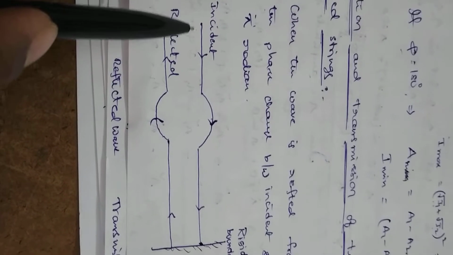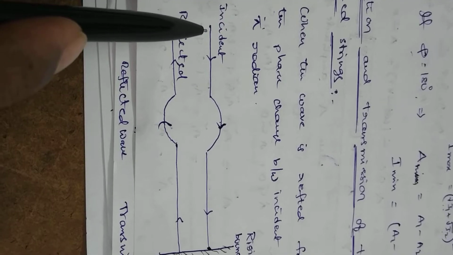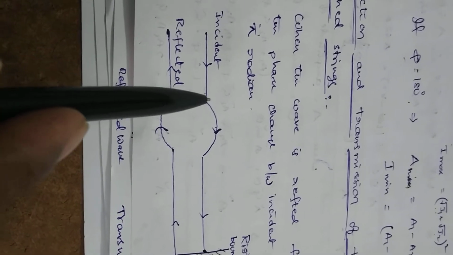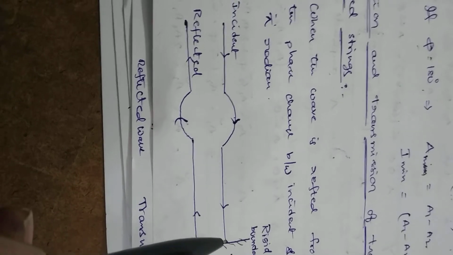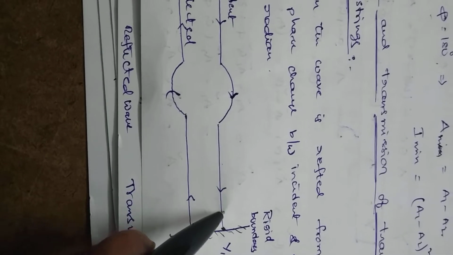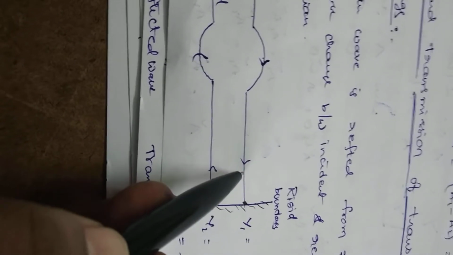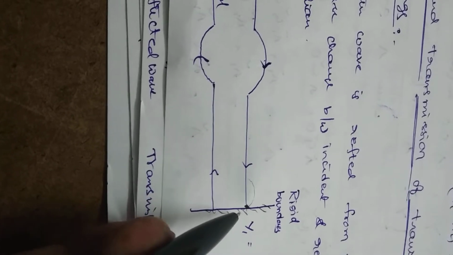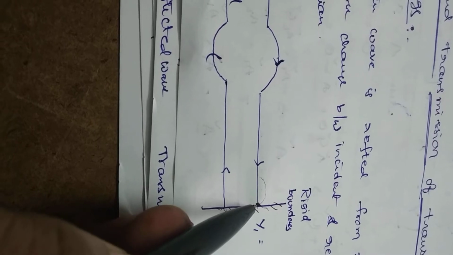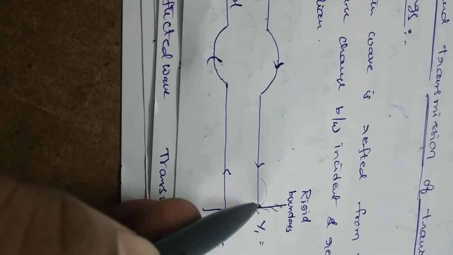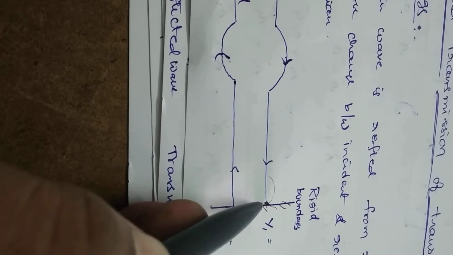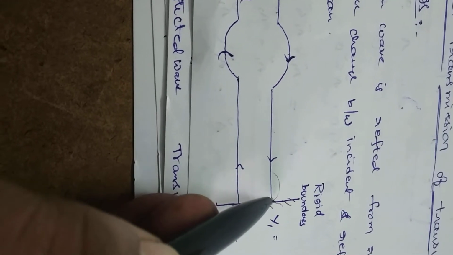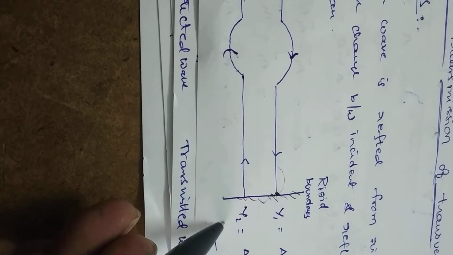Now a small jerk is given at this point so that a traveling wave is moving like this. This is the traveling wave. Suppose when the wave is incident at this point on the wall, the wave exerts a force on the wall, in what direction? Upwards, along this direction. And at the same time, the wall also exerts a similar force on the wave, which is in the downward direction.